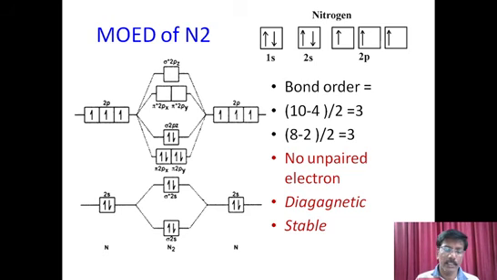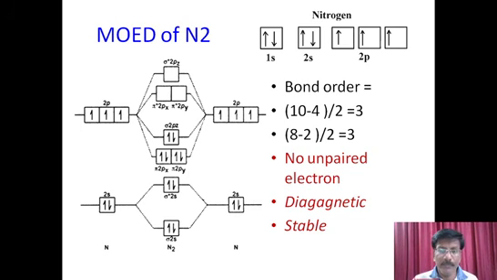Therefore, when you start filling from the bottom side, 3 orbitals are there, so totally 6 electrons are filled. That means the pi and sigma, all 3 bonding orbitals, are completely filled, whereas the pi star and sigma star anti-bonding orbitals, 3 of them, are empty. No single electron is present there. Therefore, the total number of electrons we can consider here: one nitrogen is 7, another nitrogen is 7.